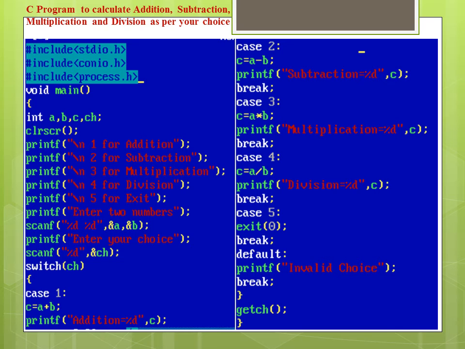In this way it works for further cases. For case 2, there is subtraction. For case 3, there is multiplication. For case 4, there is division. For case 5, he will exit from the program, and if the user enters a choice other than 1 to 5, it displays the message invalid choice on the output screen.